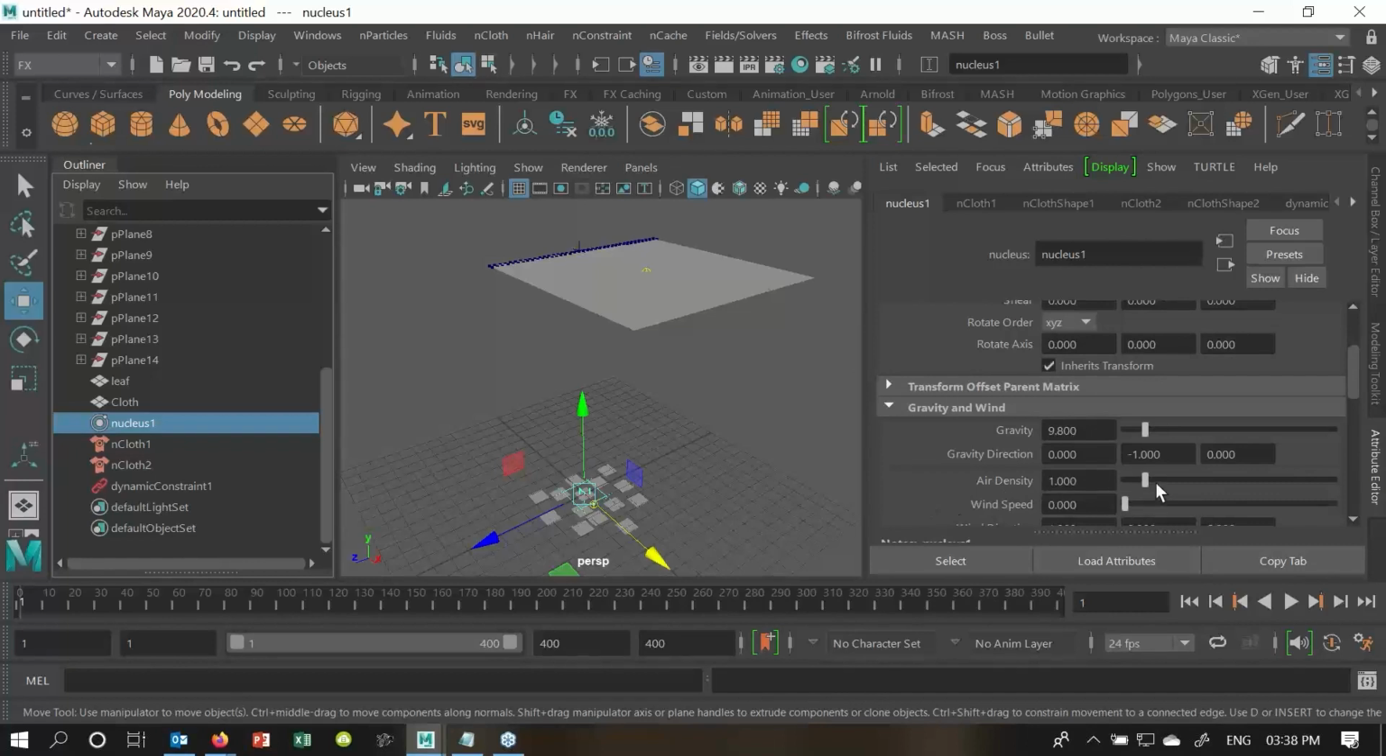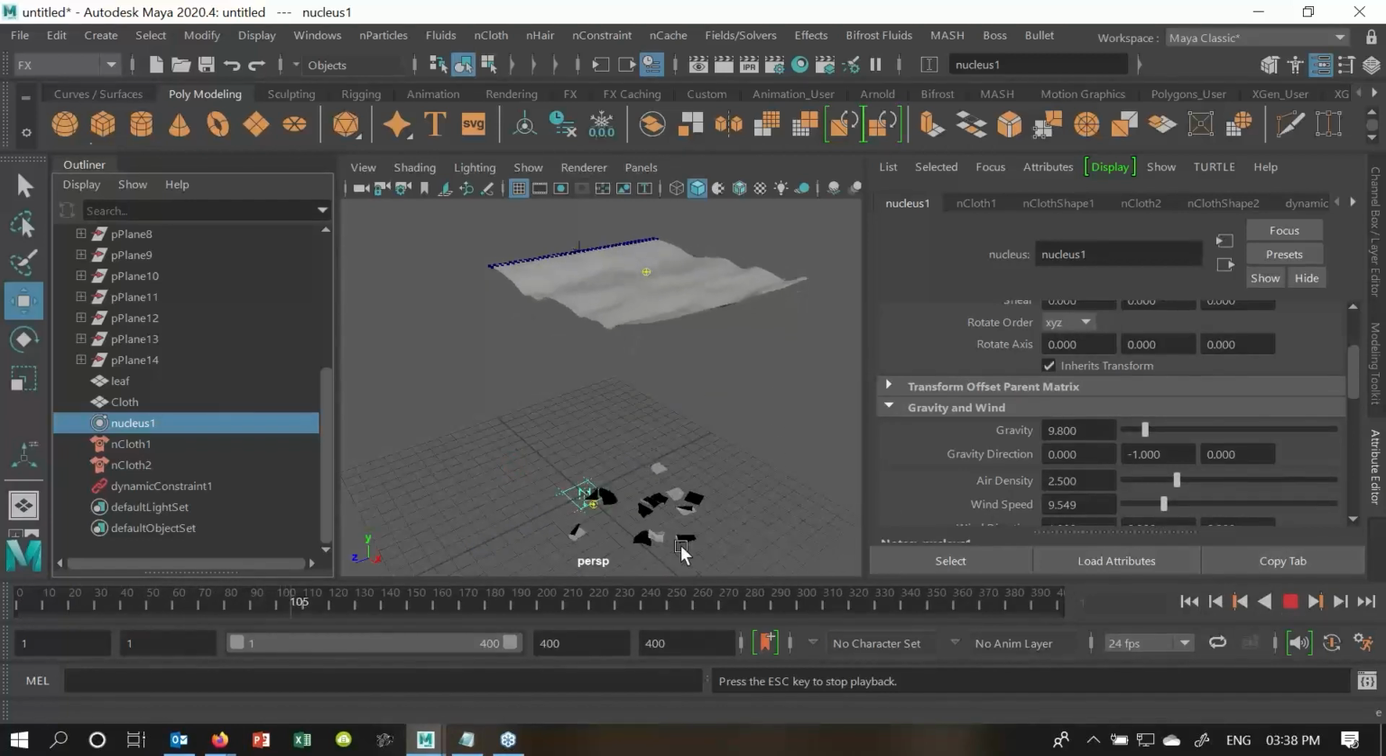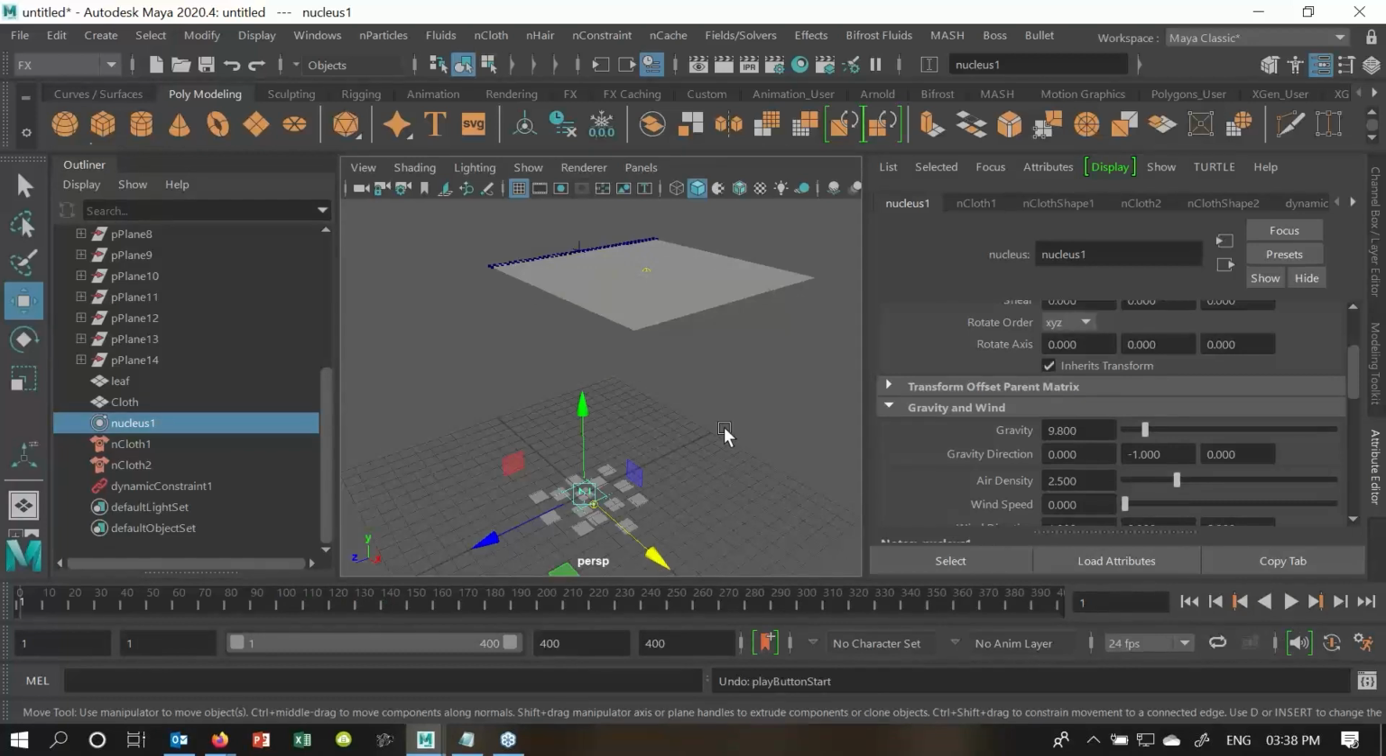Air density we have, if I increase the air density, start and play over here. Wind speed, if I'm making any flag kind of thing, I can do that. So this also gets animated over here. So as of now, I do not require any changes, which happen automatically,